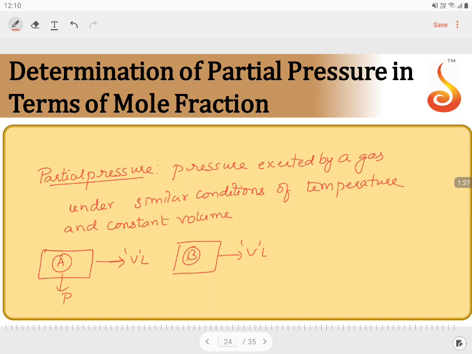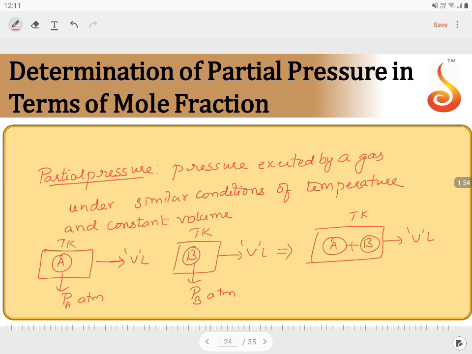If the pressure exerted by A in V liters is PA atmospheres, if the pressure exerted by B is PB atmospheres, if I take the mixture of A and B under the same volume container V liters at the same temperature T Kelvin, provided everywhere it is T Kelvin, same